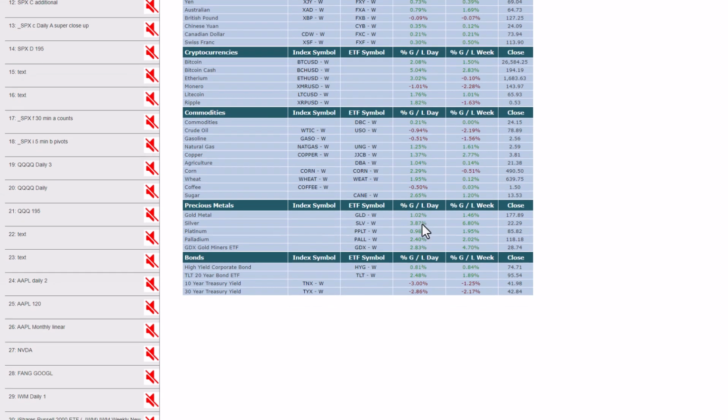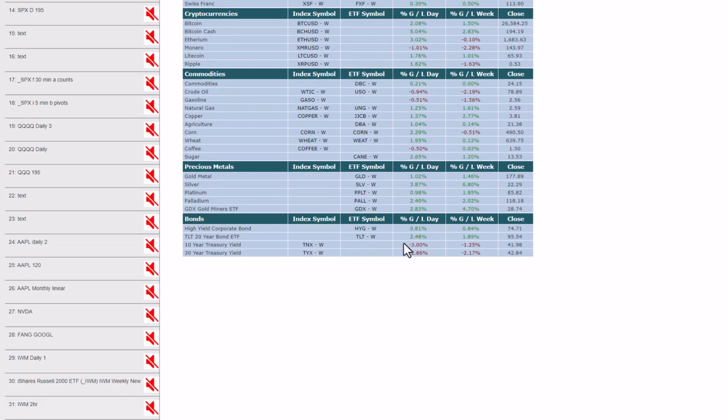And precious metals really had a good day. That area looked poised to bounce. Talked about that on Monday. You had doji candlesticks. The momentum was waning to the downside. It was very stretched. And so everything's rallied. You can see GDX up 2.8% today, 4.7% for the week. Gold up 1%. Silver had a great day, up almost 3.9% today, up 6.8% for the week.